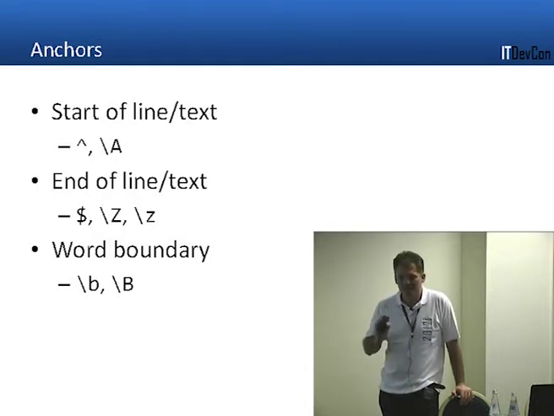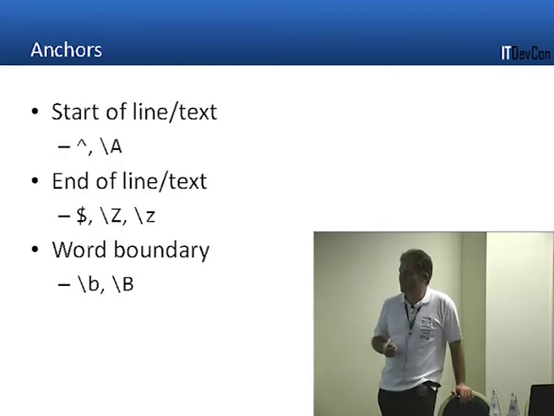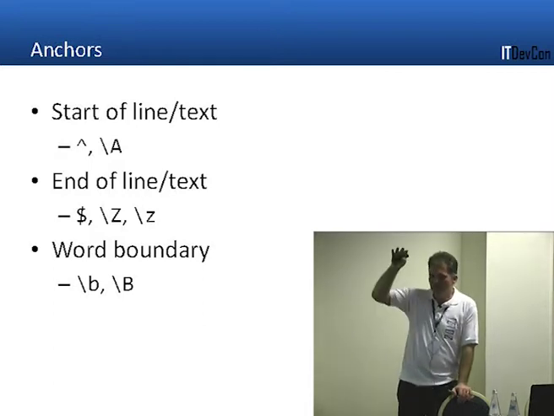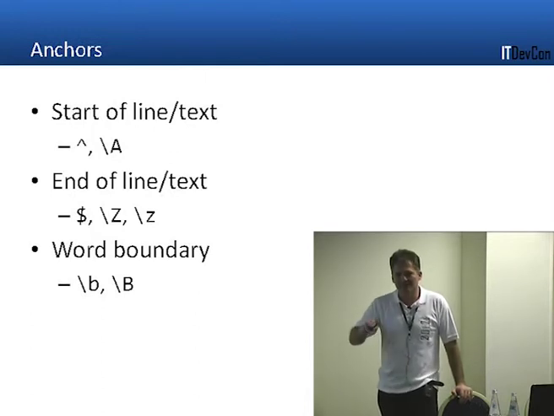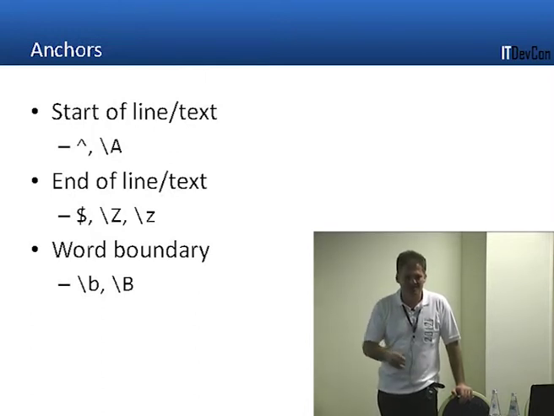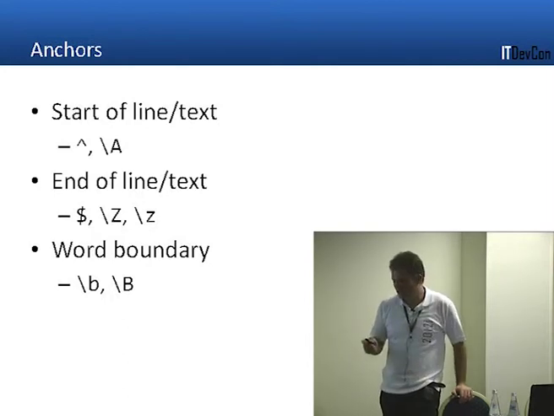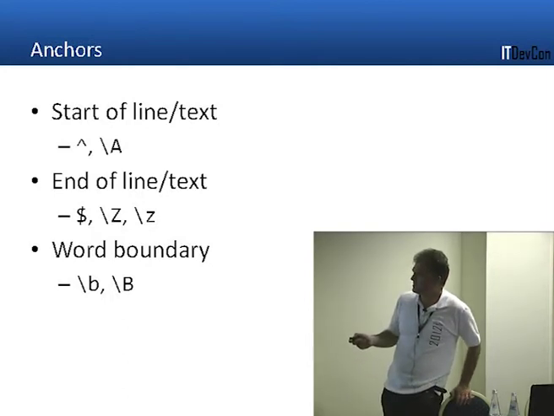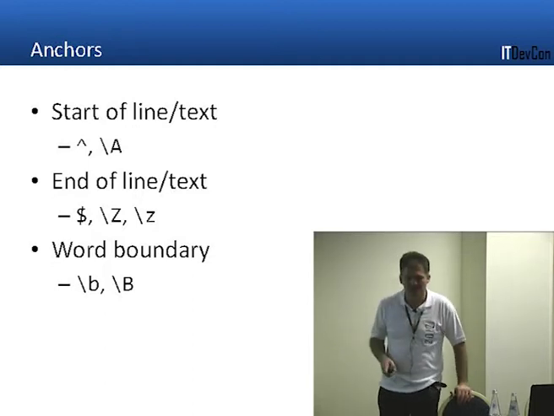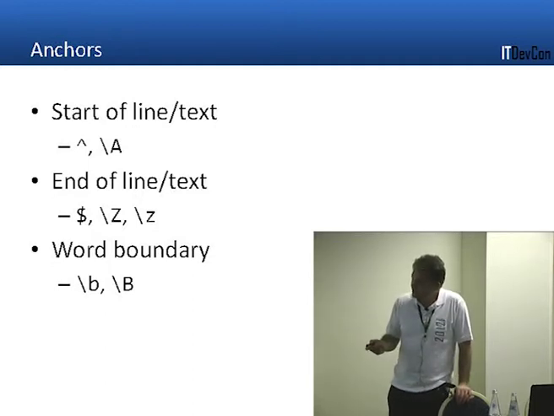The difference occurs only in a very specific situation: if you match multiple lines in a text and there's an empty line at the end. So it ends with carriage return, line feed, carriage return, line feed. And then there's some specific difference between this and this, but most of the time you don't need to know that. And then we have a very interesting anchor,